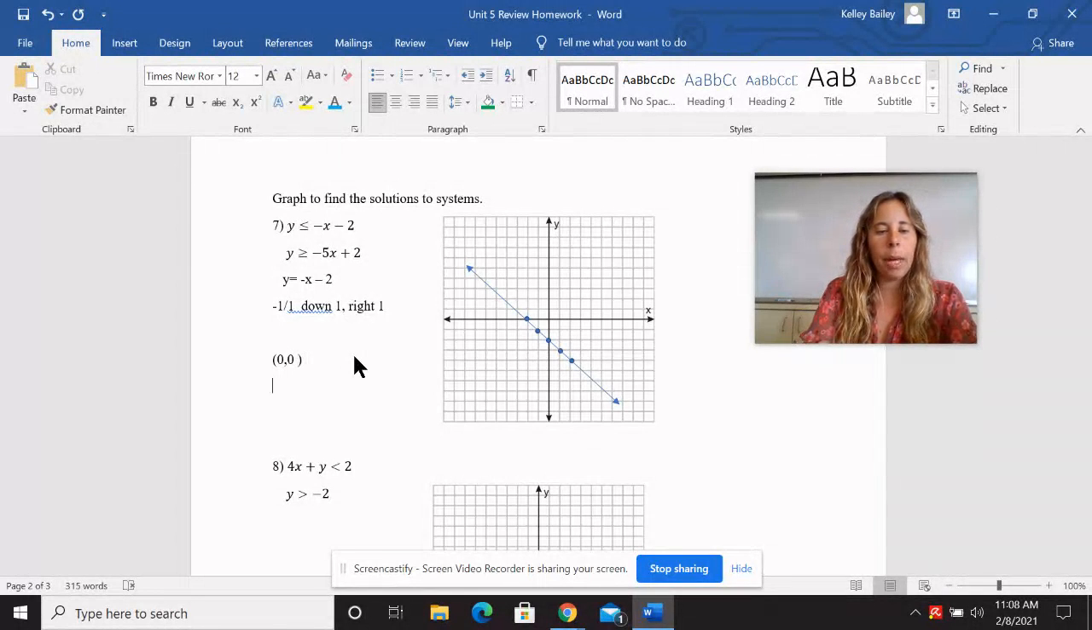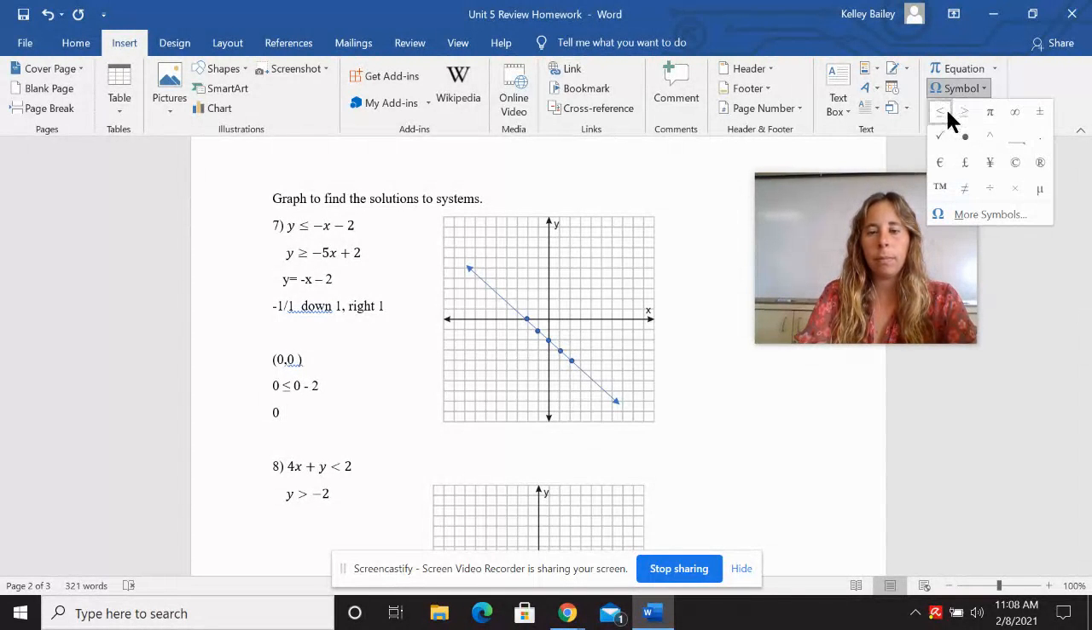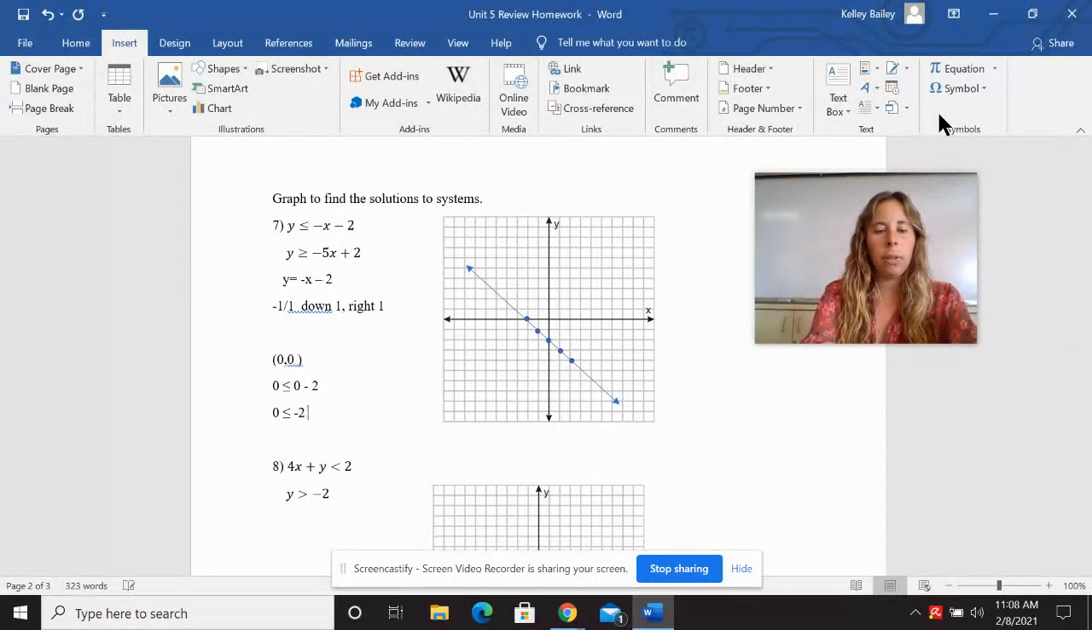And we're going to substitute that into our top equation. All right. So y is 0, less than or equal to -x. So that's -0, which is just 0, minus 2. So you get 0 is less than or equal to -2. Is that correct? Is 0 less than -2? No. So that means we're going to shade